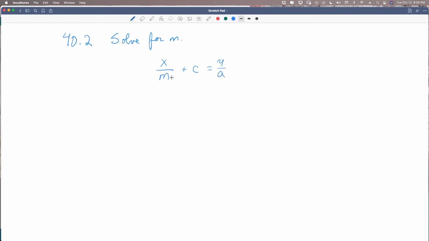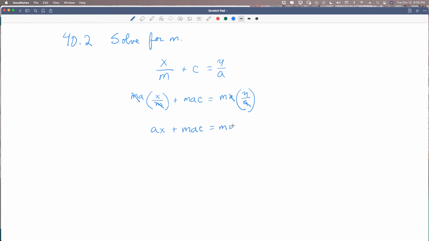So now we're solving for m. So we have to figure out how to get rid of the m. So our common denominator is going to be ma. So we multiply everything times ma first. All right, in this case, the m's cancel. In this case, the a's cancel. So we have ax plus mac